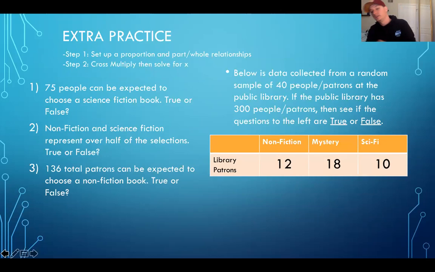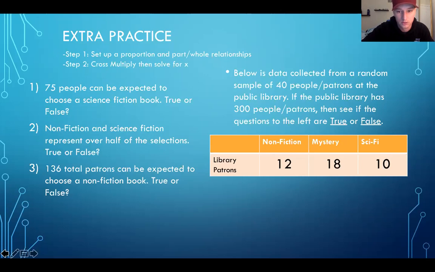I'm going to flip the page right here so we can get some more work. So below is data collected from a random sample of 40 people, patrons at the public library. If the public library has 300 people, then see if the questions on the left are true or false. So we can look at the first question and say 75 people can be expected to choose a science fiction